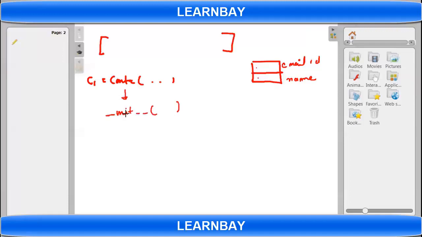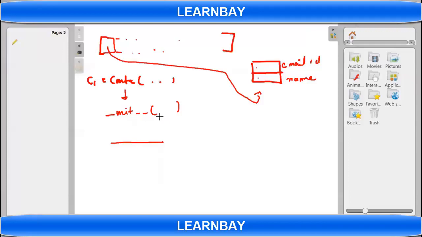Now we are initializing these two fields, and the last line should be to add this reference here. This variable should refer to this object, correct? So for that, we are writing append here.